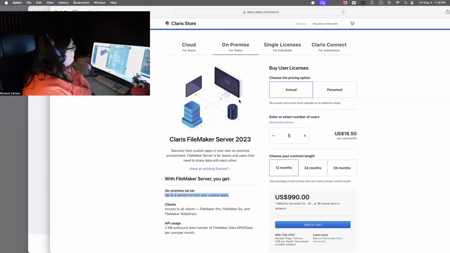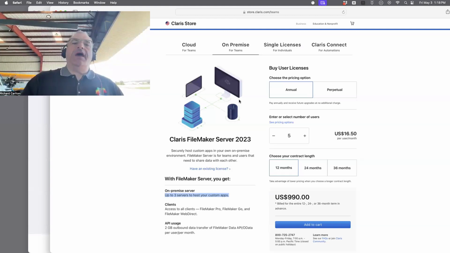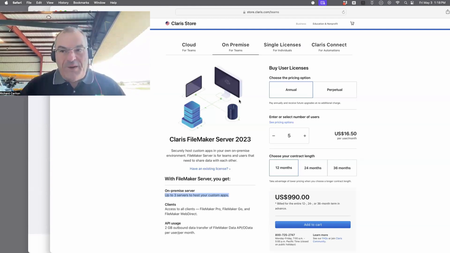So someone was bringing up AWS because this is just paying for the software, not for the actual server. Would you call it hardware if it's virtual? Yeah, so if you look at the top of the screen, don't click anything. It says cloud for Teams and on-premise for Teams. Claris named it this, and in the video that they haven't approved, by the way, I gave them a video and they were going to put it on their website. I point out the fact that they try to sell on-premise software to convince you that if your server's not on-premise, then you should use this other thing over here, which is a misrepresentation of the facts.